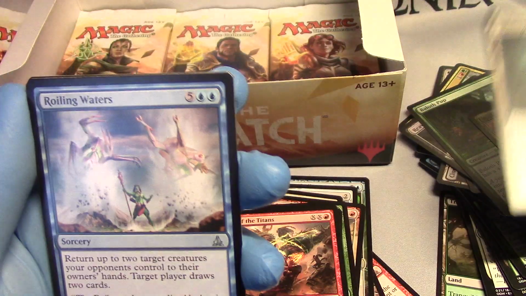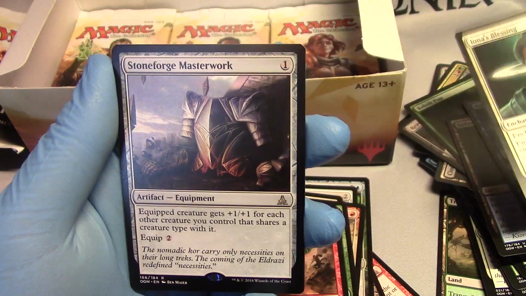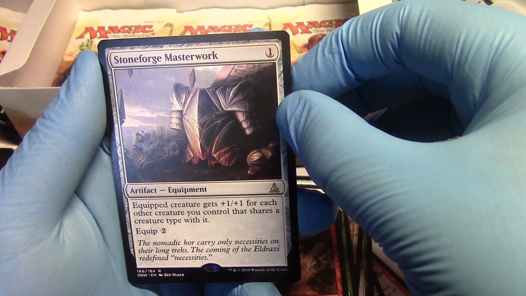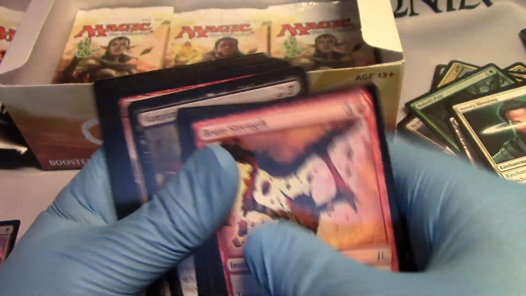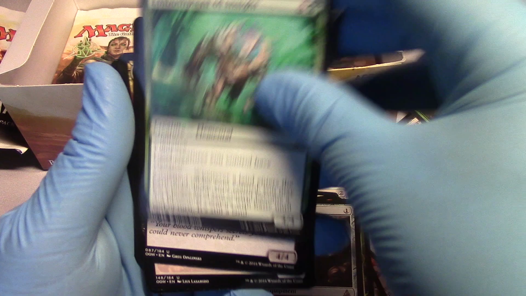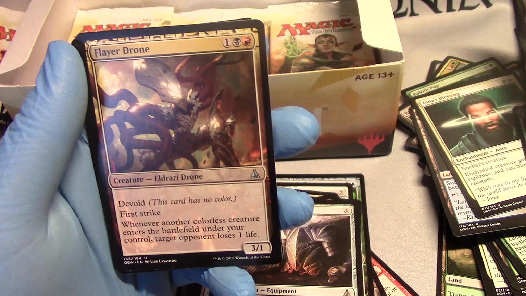Submerged Boneyard. Rolling Waters. Iona's Blessing. Stoneforge Masterwork. Equip creature gets +1/+1 for each other creature you control that shares a creature type with it. Getting close to the end of the box. Embodiment of Insight. Malachi Soothsayer. Flare Drone,